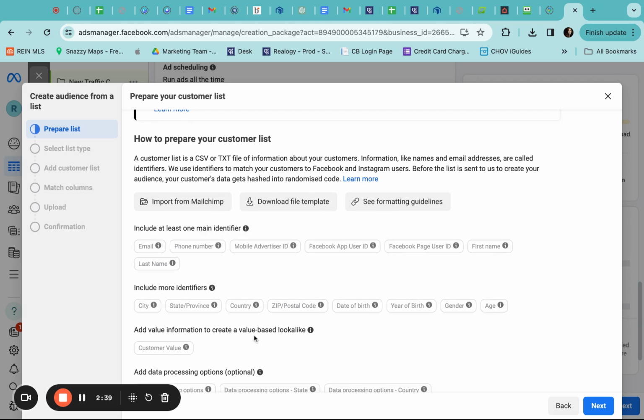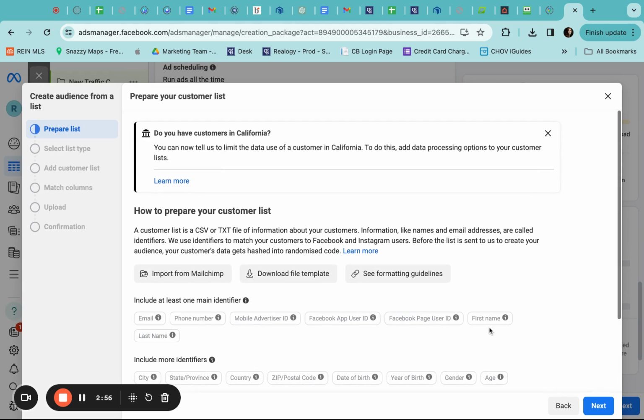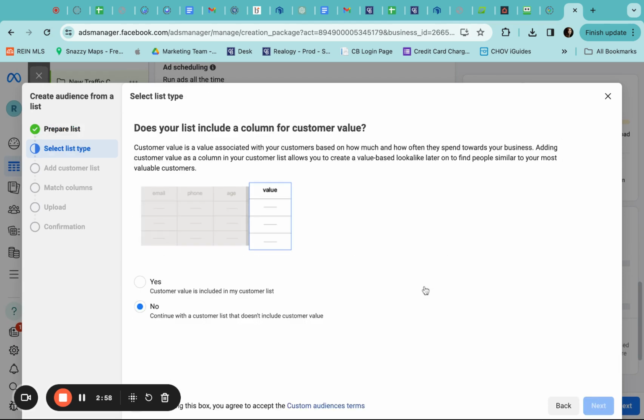And then to drill it down even further, let's say you only have their first and last name, you can drill it down even further by doing their city, their state, their country, their zip code. You probably won't have their date and year of birth or their gender, but you might have some of that information. So once you prepare the list, then you'll click next, and you'll really just go down through this